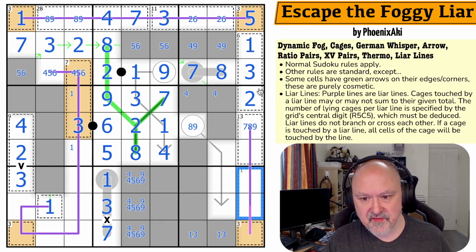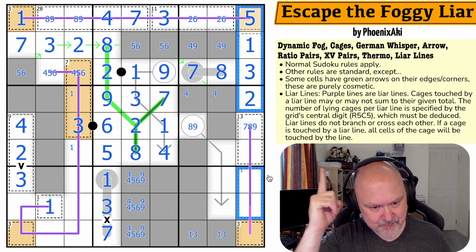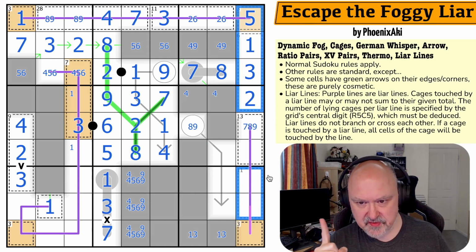What about if these were all true? Remember, I don't know what that is. If these were all true, then those digits are... I wasn't thinking clearly. If those digits were all true, those would sum to 20. 1, 2, 3...